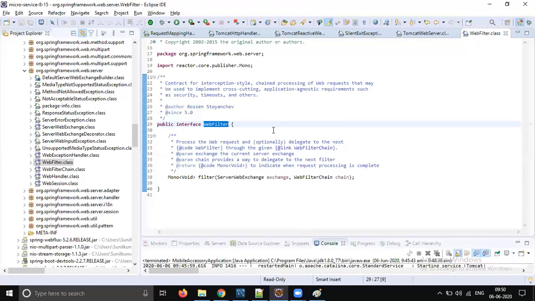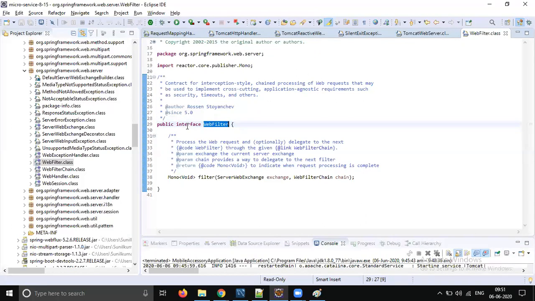Okay, so if you still want some filtering logic to be implemented, but this will work only with Spring WebFlux, right? Whatever we wrote as a servlet filter gets into the servlet stack, I believe. But if you want Netty server and still you want some filter logic implemented, then we have to use web filter, right? So we need to use some web filter, okay?